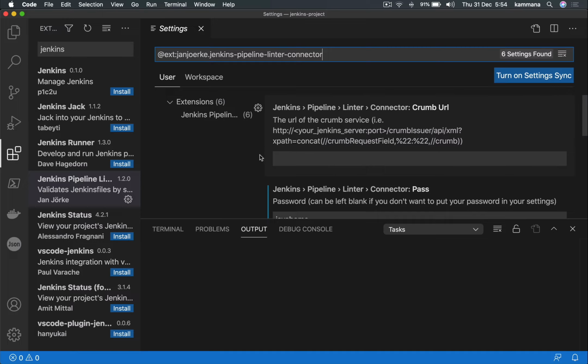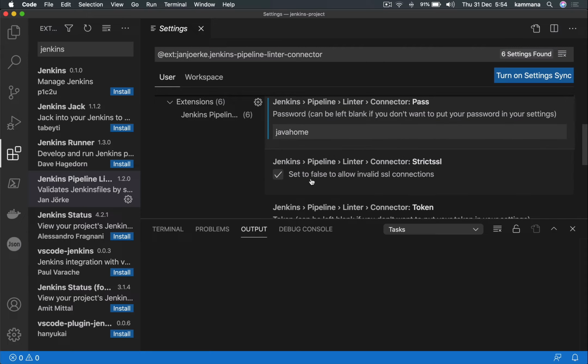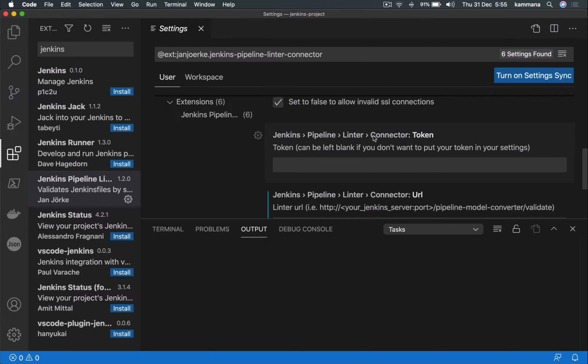So here, I need to provide my Jenkins server details, its password. So it is auto-filled because this plugin was already installed. I uninstalled it for this recording. So again I installed it back. So it seems these values are coming from cache, but in your case these things will be empty. You have to put your Jenkins password, come down, leave this token,